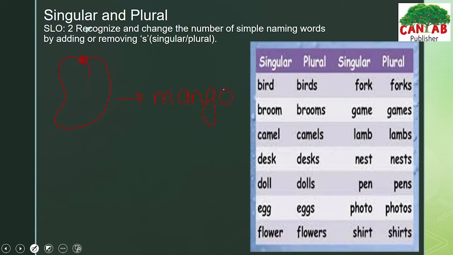mango. But when you have more than one mango, you write mangoes. Toy. Toys. Boy. Boys. Girl. Girls. Let's go to the next slide